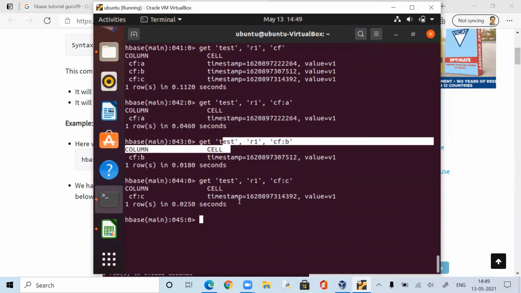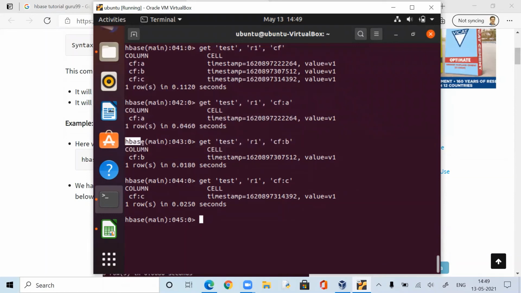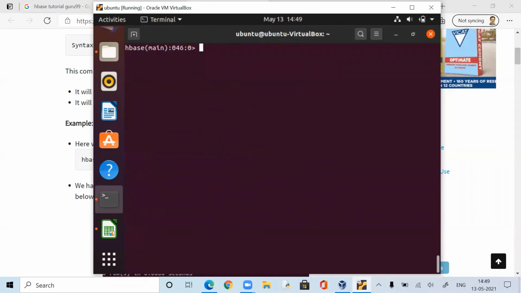Not you, to me. And if you are into data, if you are into software development, you will understand and appreciate this type of tool. So this is actually in action. HBase is a wonderful data store in this way. If you now list, we have only one table, test. Now let me delete this. Okay, we created. I've shown you how to put the data, get the data.